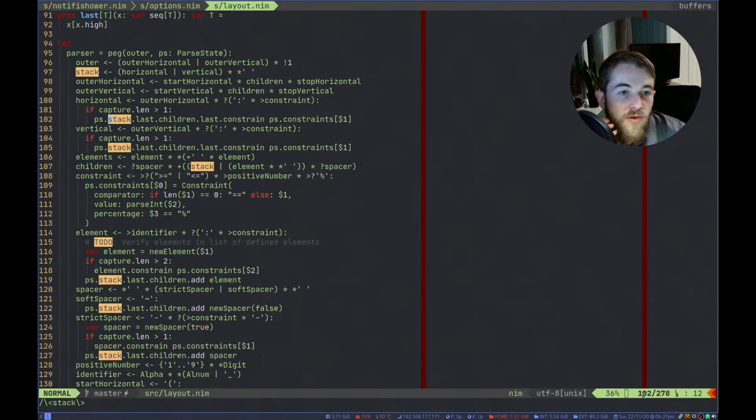So if we look in our stack, here is our definition of a stack, which is a horizontal or a vertical stack implied, followed by one or more spaces. So that's just the definition of our stack here. We also have horizontal, which is an outer horizontal followed by constraints.